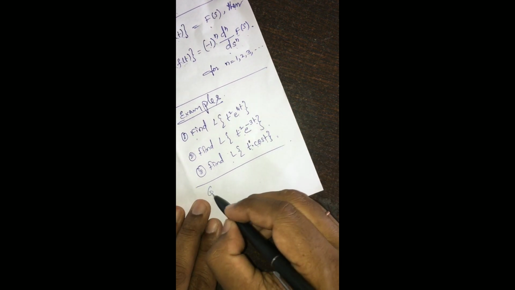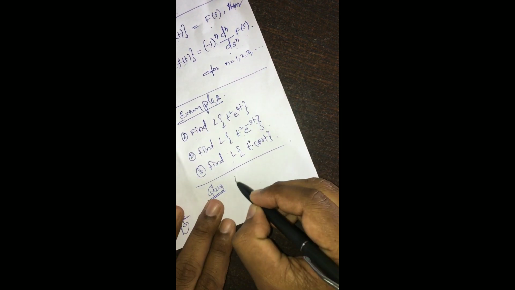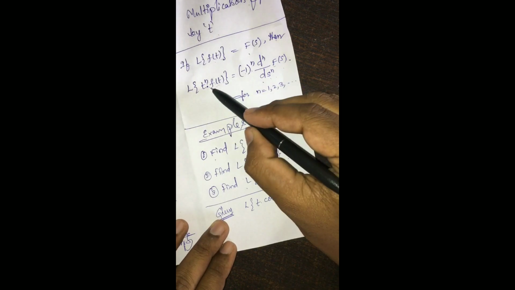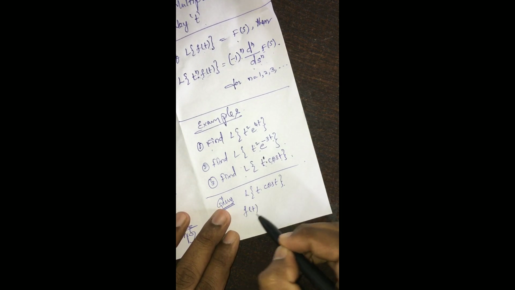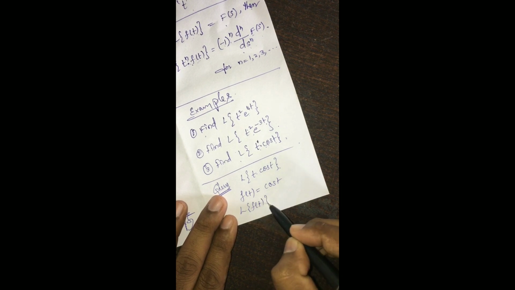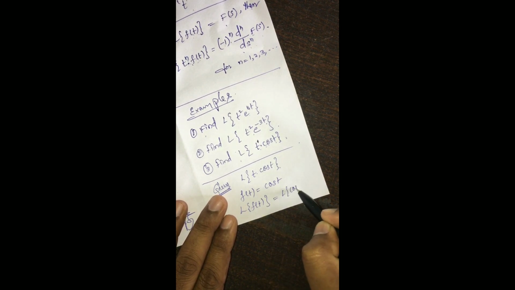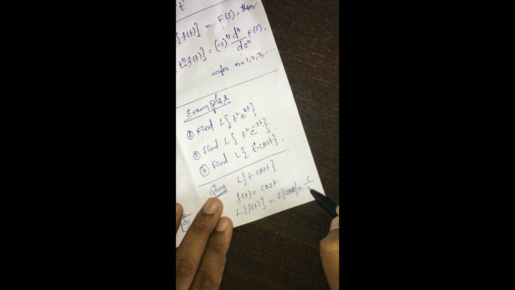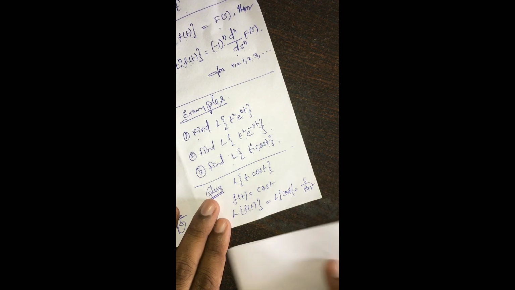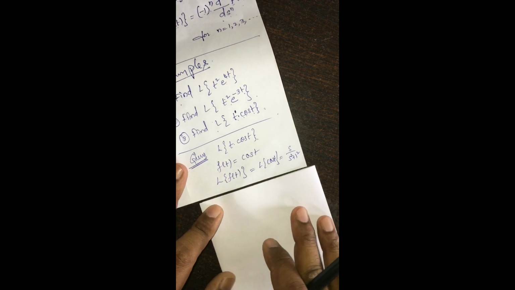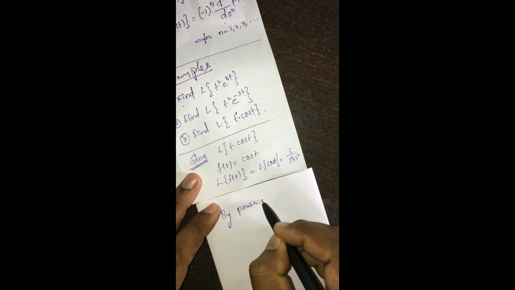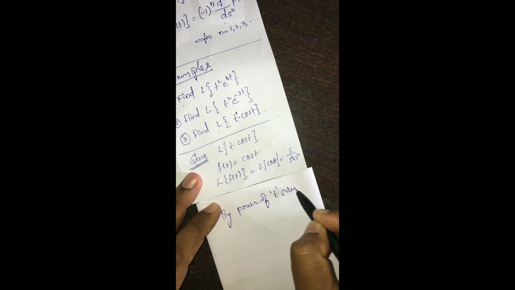Okay, for this I am taking the third question, that is the Laplace transform of t into cos t. In this, by comparison, f of t is what? Cos t. Now the Laplace transform of f of t is the Laplace transform of cos t. That means s by s square plus 1 square. Yes or no? So next, coming to this problem solution, by power of t multiplication,